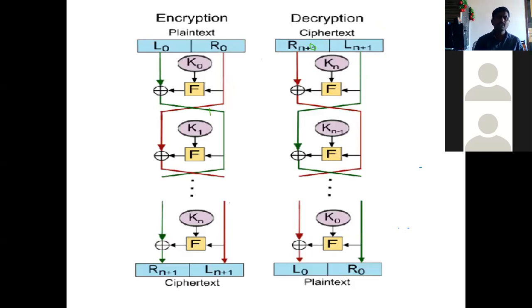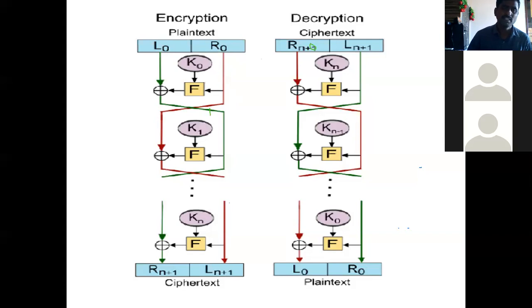In these two diagrams, you can clearly see how the encryption and decryption process will be performed. Once again, the structure we already discussed: the plain text is divided into two halves, L naught and R naught. Here we are taking the key K naught. This R naught data is given to the round function. With R naught and K naught it performs some operation, and the output and the L naught value are combined with an exclusive OR, and this left hand side output is given to the right hand side as an input, right?